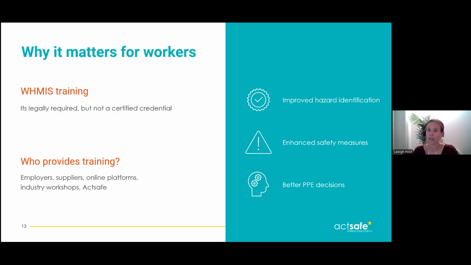This training can be done online, in person, or through toolbox talks, internally or externally. But what really matters is that the training is practical and specific enough to your workplace for your workers to actually implement it. Employers need to keep a record of any participation in this training in BC. The approach can be quite flexible, which is why you'll see different companies offering different ways of training.